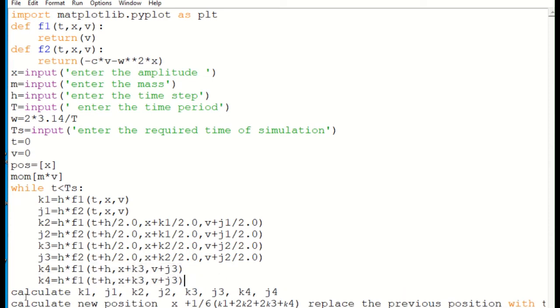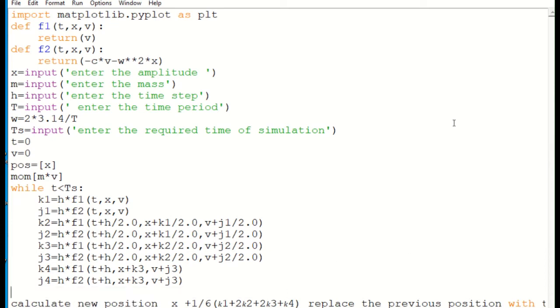So that is j4 equals f1 of t plus h, right? It's not f1, f2. So we translated all the formulas for j1, j2, j3, etc. Alright, and k1, k2, k3, etc.